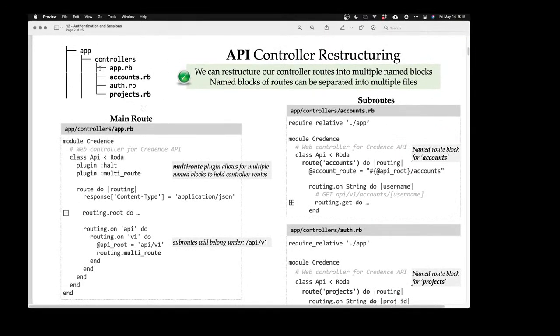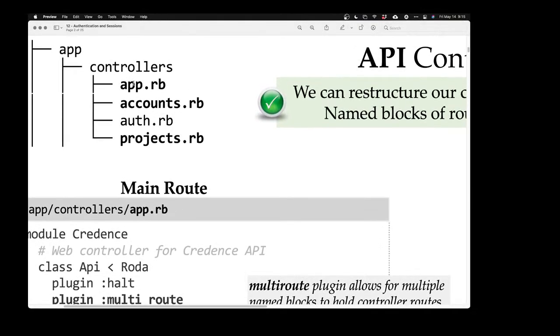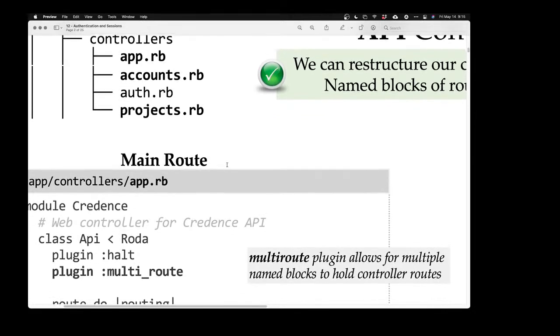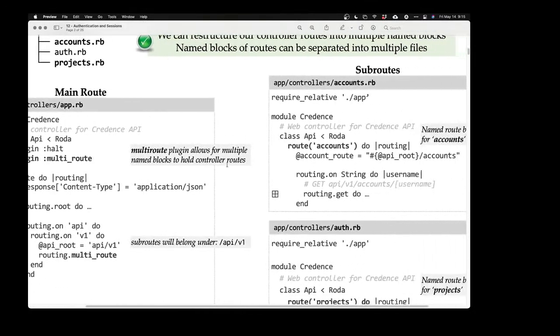Now in my controllers directory, I have not only app.rb, I have an accounts.rb, an auth.rb, and a projects.rb. I'll focus on accounts.rb and projects.rb because those are the routes I made last time. And essentially, this week,